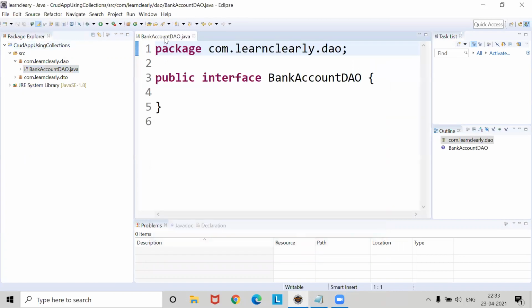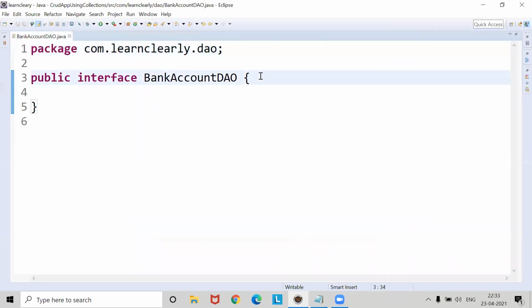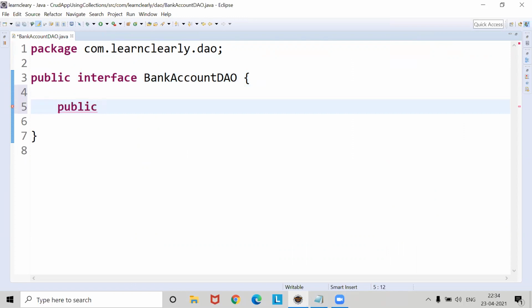Okay, in this interface, let me define a few methods for adding an object into the collection, for deleting an object from the collection, for updating the bank account from the collection, and so on. So let me define the methods. Public, let's say void, public abstract void add new bank account,